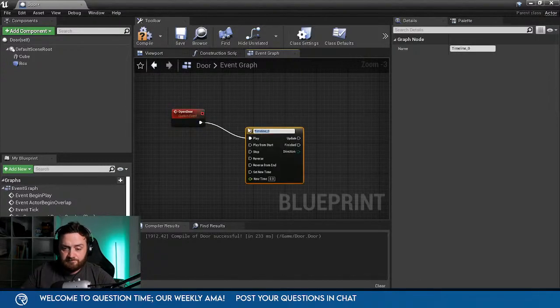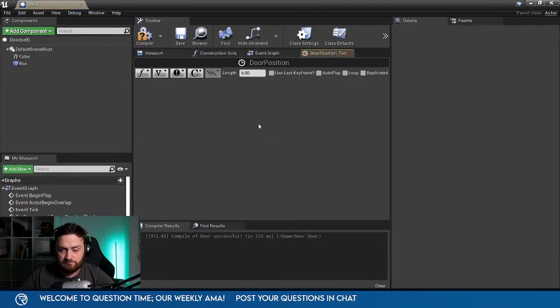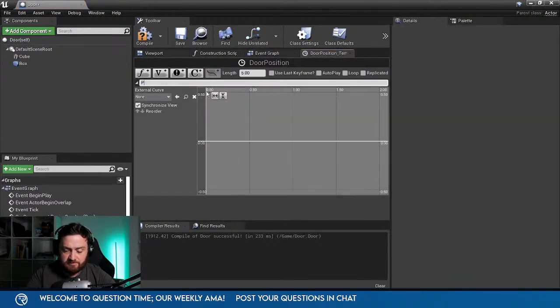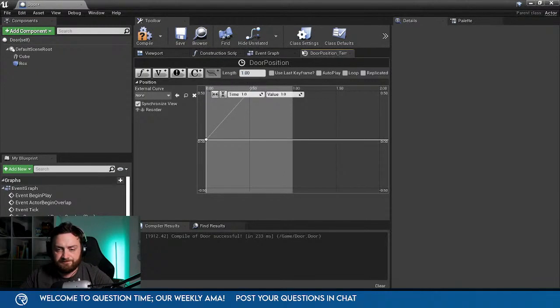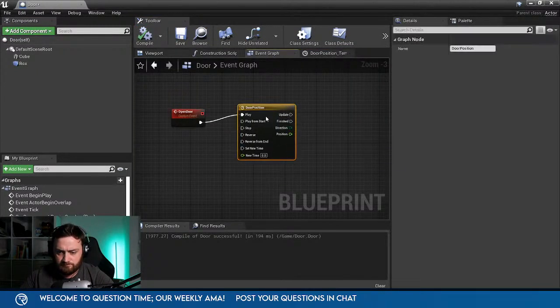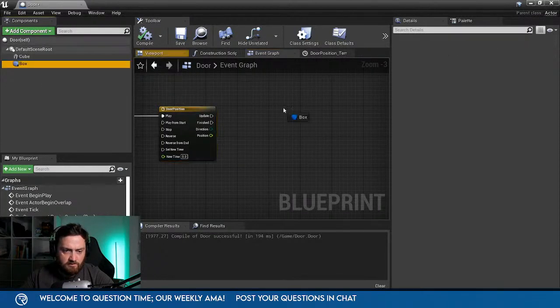Timeline. Position. Float. Position. I'm zipping through this because this is not the main bulk of the question. One. Box.